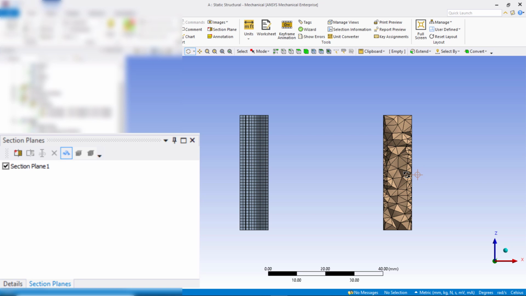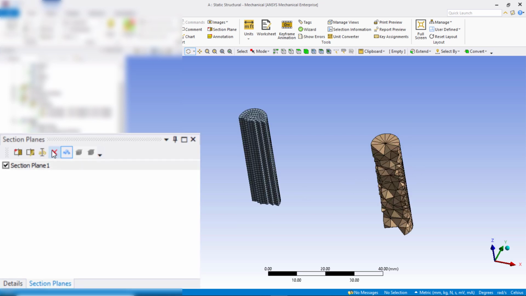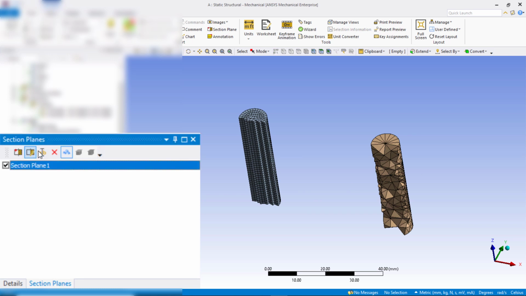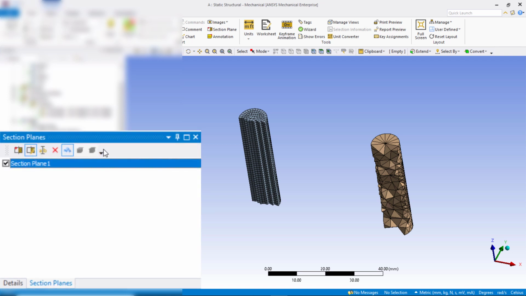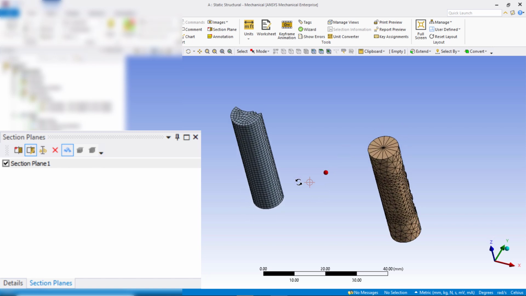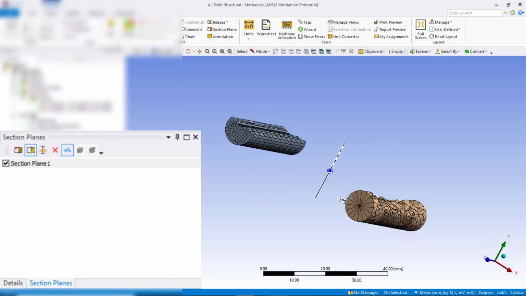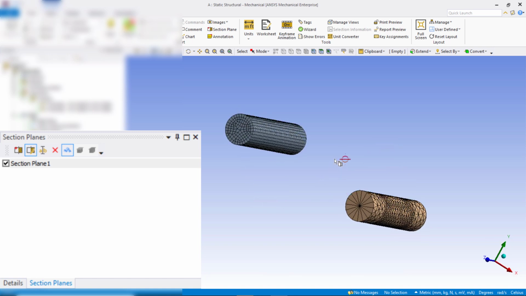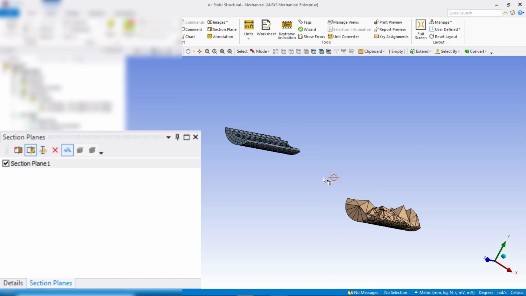To move the cutting plane or show the geometry on the other side of the cutting plane, select the section plane and click on Edit Section Plane option. You can click on the dotted line to show the portion of the pins that is on the other side of the cutting plane. You can drag the blue square along the cutting plane normal to change the location of the cutting plane.